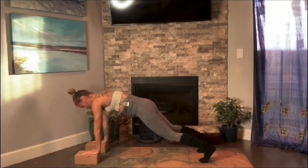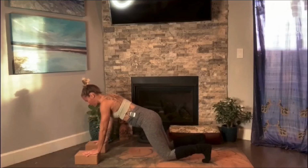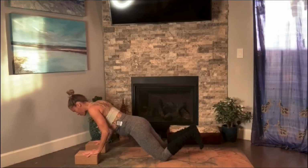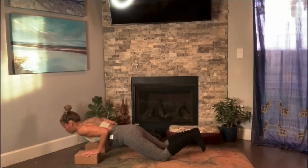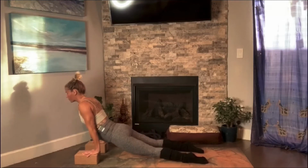Now, if you're pregnant, you can lower your knees down. You can stay here and come for maybe a baby Chaturanga. If you're not pregnant and you want to go for a full Chaturanga, elbows go back no matter where you are. Keep those shoulders spreading. Keep pressing your shoulder blades into your body. And then we're gonna maybe press it back up, or you can pull over the toes